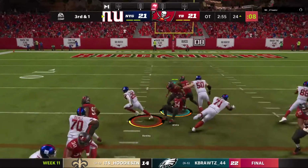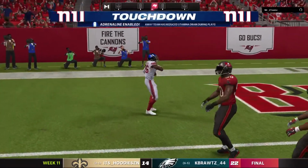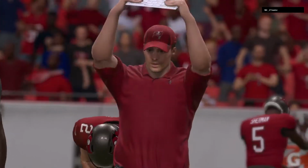They'll try to run for it with Barkley. He's got the first down inside the 10. And he's into the end zone for the touchdown and a game winner in OT. A road win in the